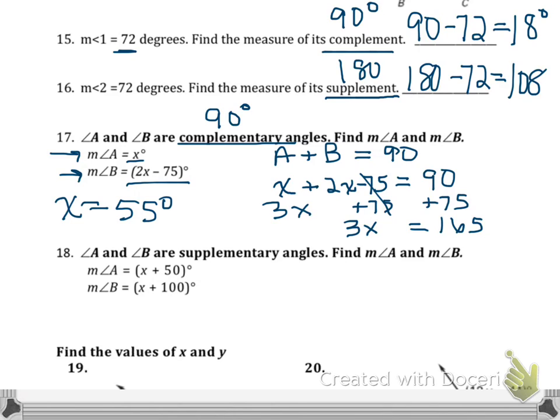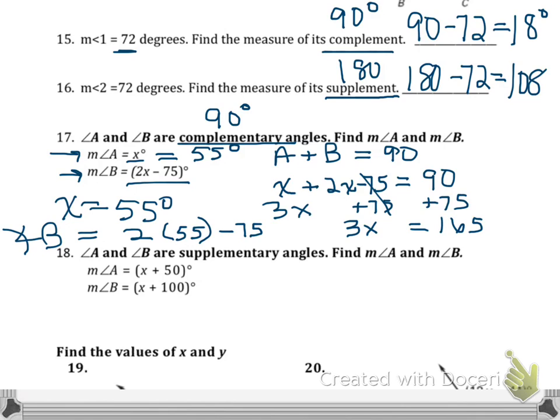So if I knew that angle A equaled x, then right away I know angle A equals 55 degrees. If angle B is 2x minus 75, to get angle B, what I have to do is say 2 times, here comes that 55 again, because that's my value for x, minus 75 will equal my value for angle B. So if you do that work, 2 times